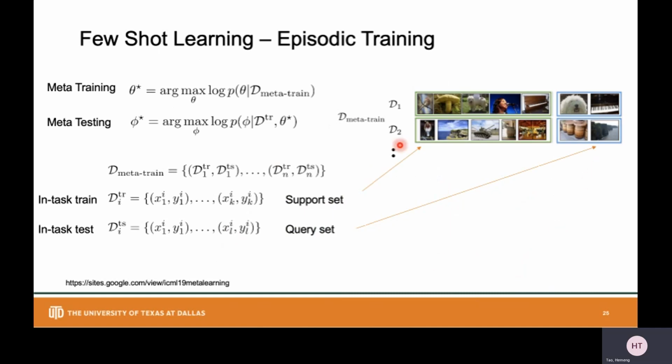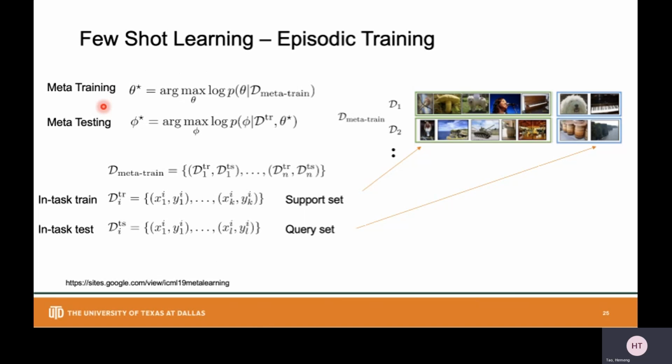This is a high-level objective function for meta-learning. In the meta-train stage, it tries to learn the model parameters on a bunch of meta-train tasks. The parameters theta can be used as prior knowledge in the meta-testing stage for our task.